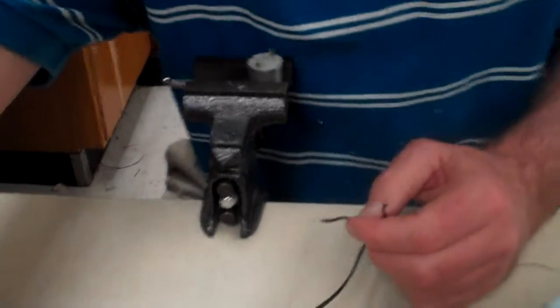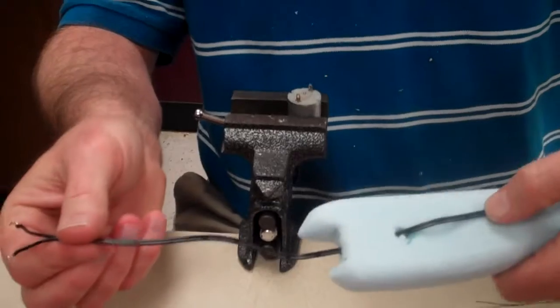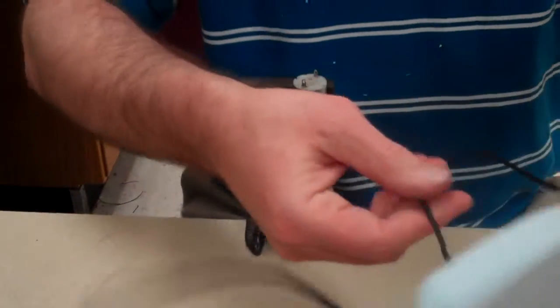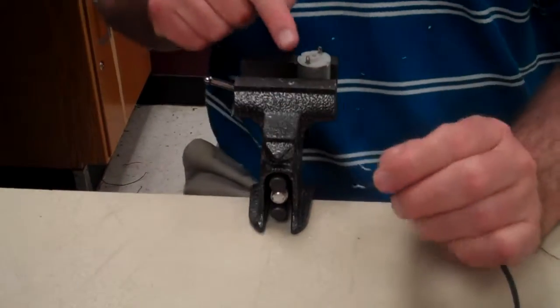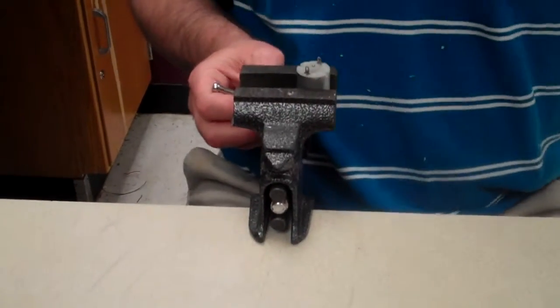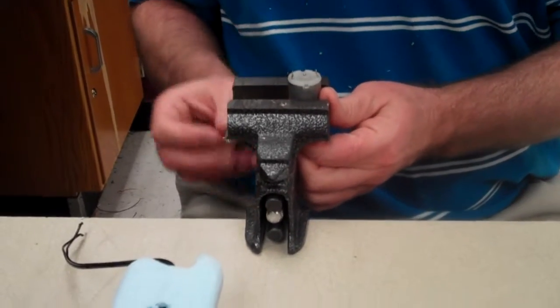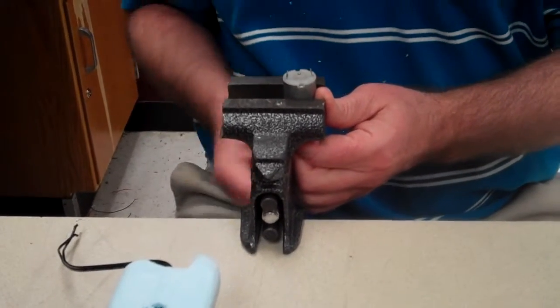All right, the next step is to solder. We've run the power cable through the fuselage. This is going to come out the wing. Now we need to solder these two leads to the two contacts on the motor. All right, and it's very important that you do a good job soldering them because the motor's going